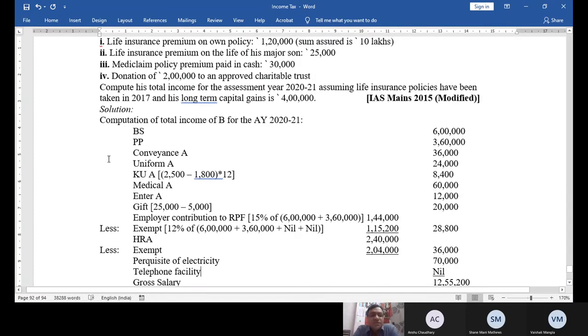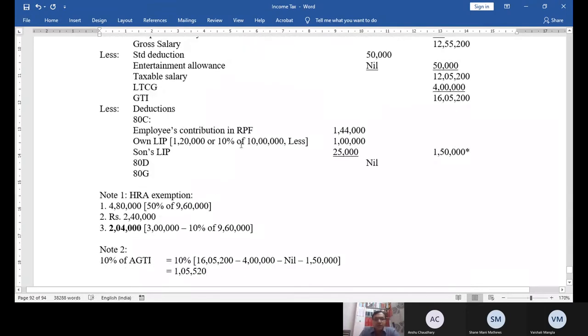The eligible amount is 1,05,520 rupees. This is multiplied by 50%, because I have to assume that it is not for family planning. An approved charitable trust is always eligible for 50%. It makes my 80G as